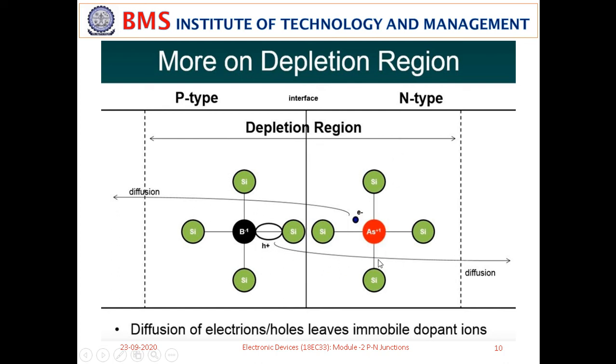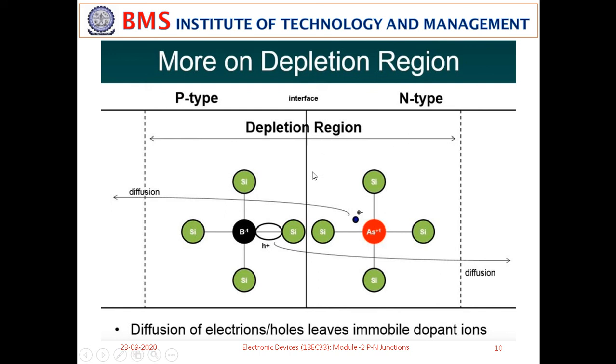So, this arrow mark shows that the hole is leaving its position, and this arrow mark shows that the electron is leaving its position from n side to p side. So, this is actually diffusion of charge carriers. The net direction of diffusion current is from p to n, because the hole movement is considered as current movement, and the opposite of electron movement is considered as current flow. So, therefore, diffusion current flows from p side to n side.